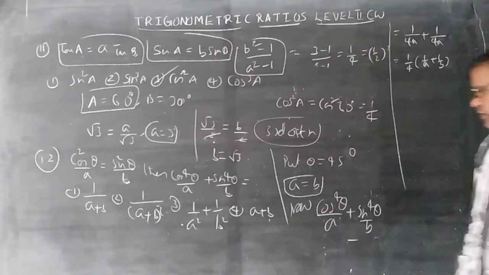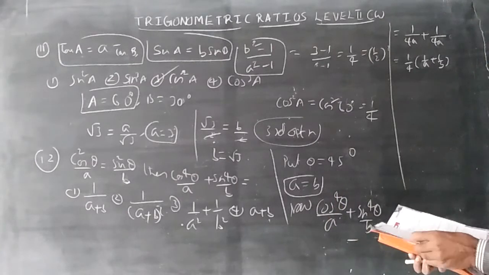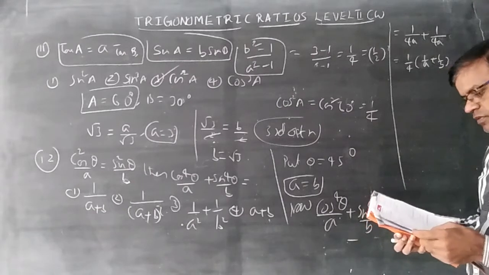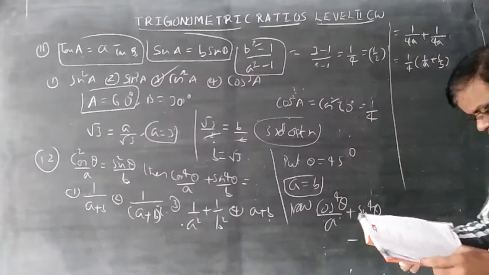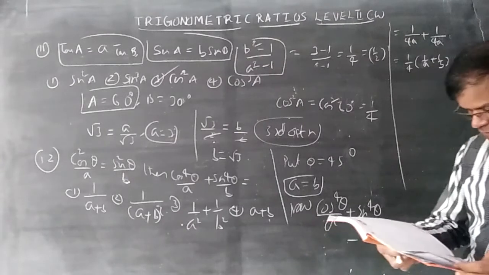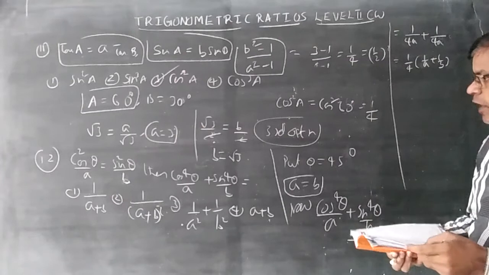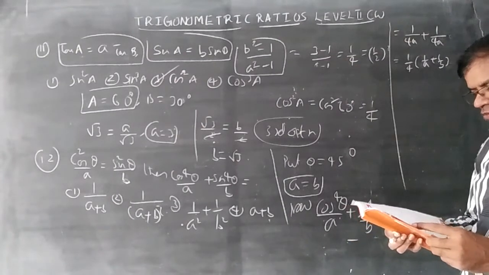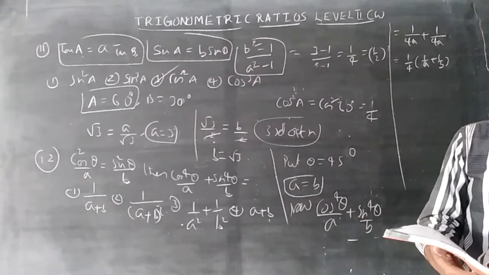If a is equal to 1, the options are 1 by 4, 1 by root 2 or 4, 1 by 4a plus 1 by 4, 15%. We see how much we have. Maybe there is a mistake somewhere. This is 1 by 4. First option given. In your book guide, first option.